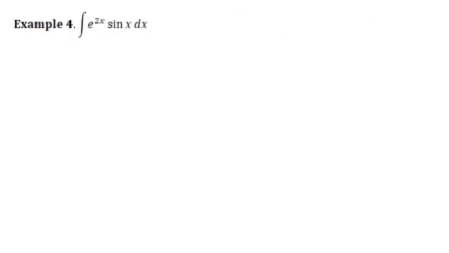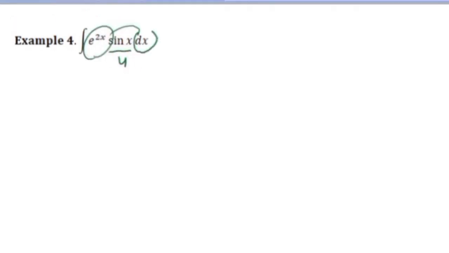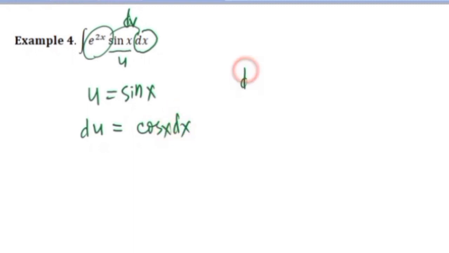What if we are going to let sine x as your u? Meaning, the e to the 2x dx will be your dv. So, let u is equal to sine x, then the derivative of u is du, and the derivative of sine x is cosine x dx. So let dv is equal to e to the 2x dx. Taking the integral of this, we have v. For the integral,